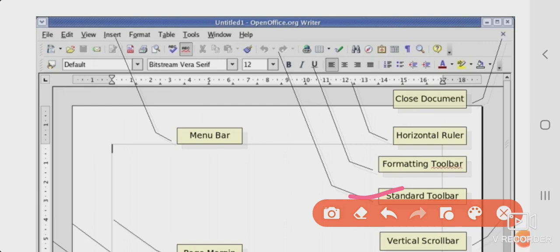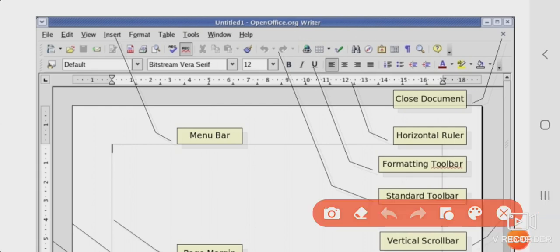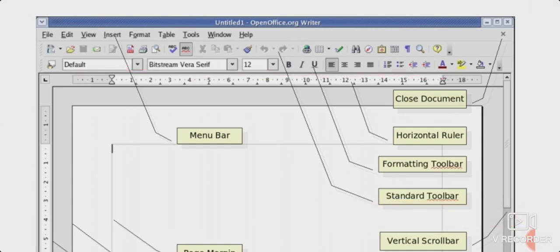You can see just below the menu bar you have the standard toolbar. Then below the standard toolbar you can see this: default, Bitstream Vera Sans, BIU. What is it? It is known as the formatting toolbar.